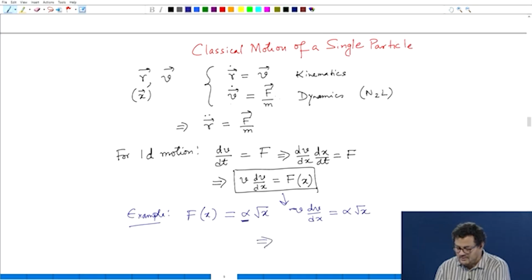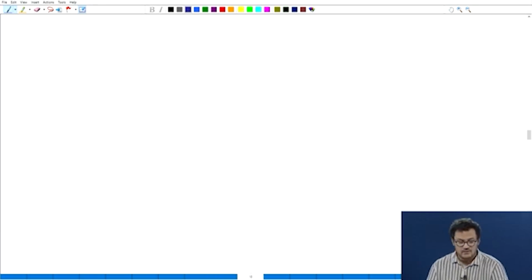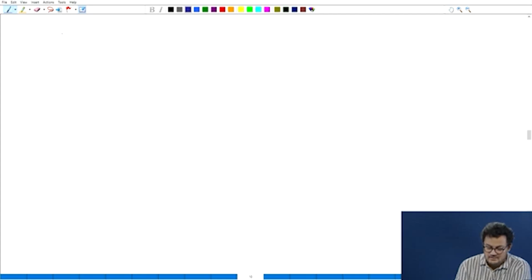Then what you can do, you can take v dv on one side and alpha root x is nothing but x to the half dx, and then you have d of v square over 2 is equal to alpha x to the 3 by 2 divided by 3 by 2. Okay. So, finally, you can write d of v square by 2 is equal to,